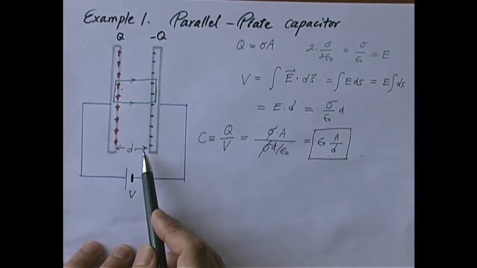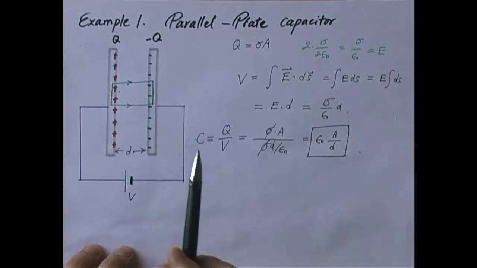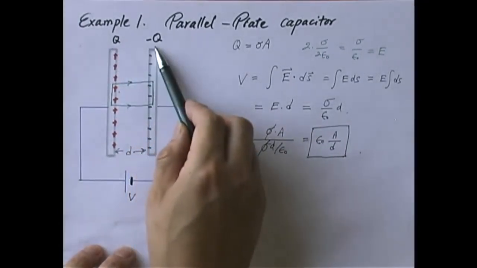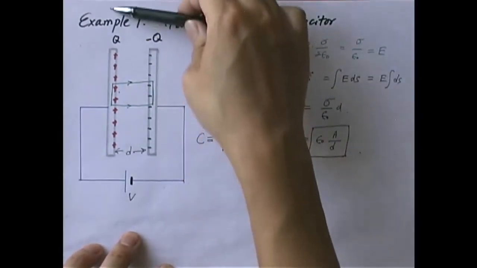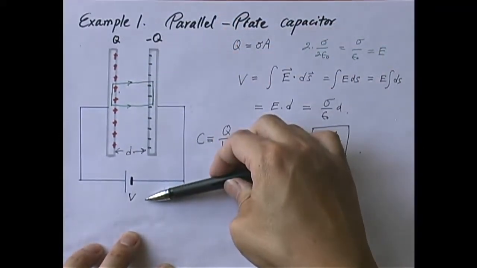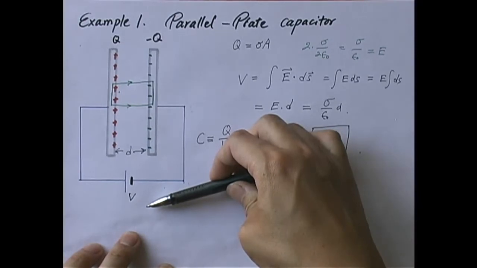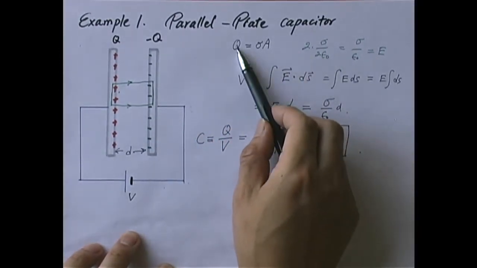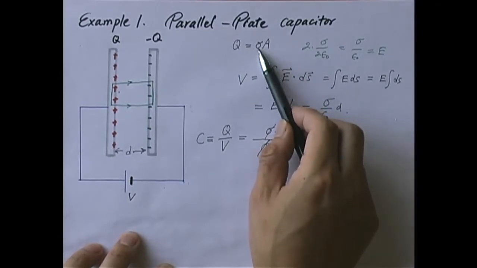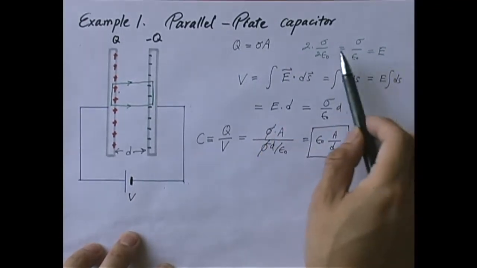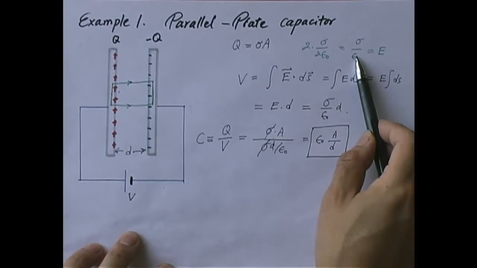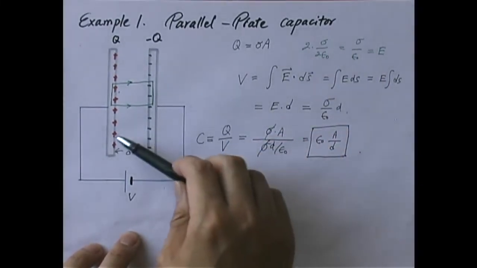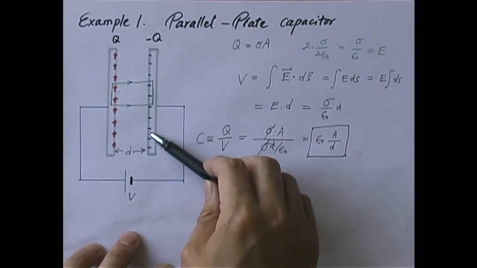Okay, let's see if that makes sense, right? Suppose you put the same amount of charge Q on these two plates, but you make the area of each plate much greater. What does that do to you? Well, it will reduce the surface charge density, right? For the same Q but greater area A. When sigma is smaller, the electric field is also smaller,